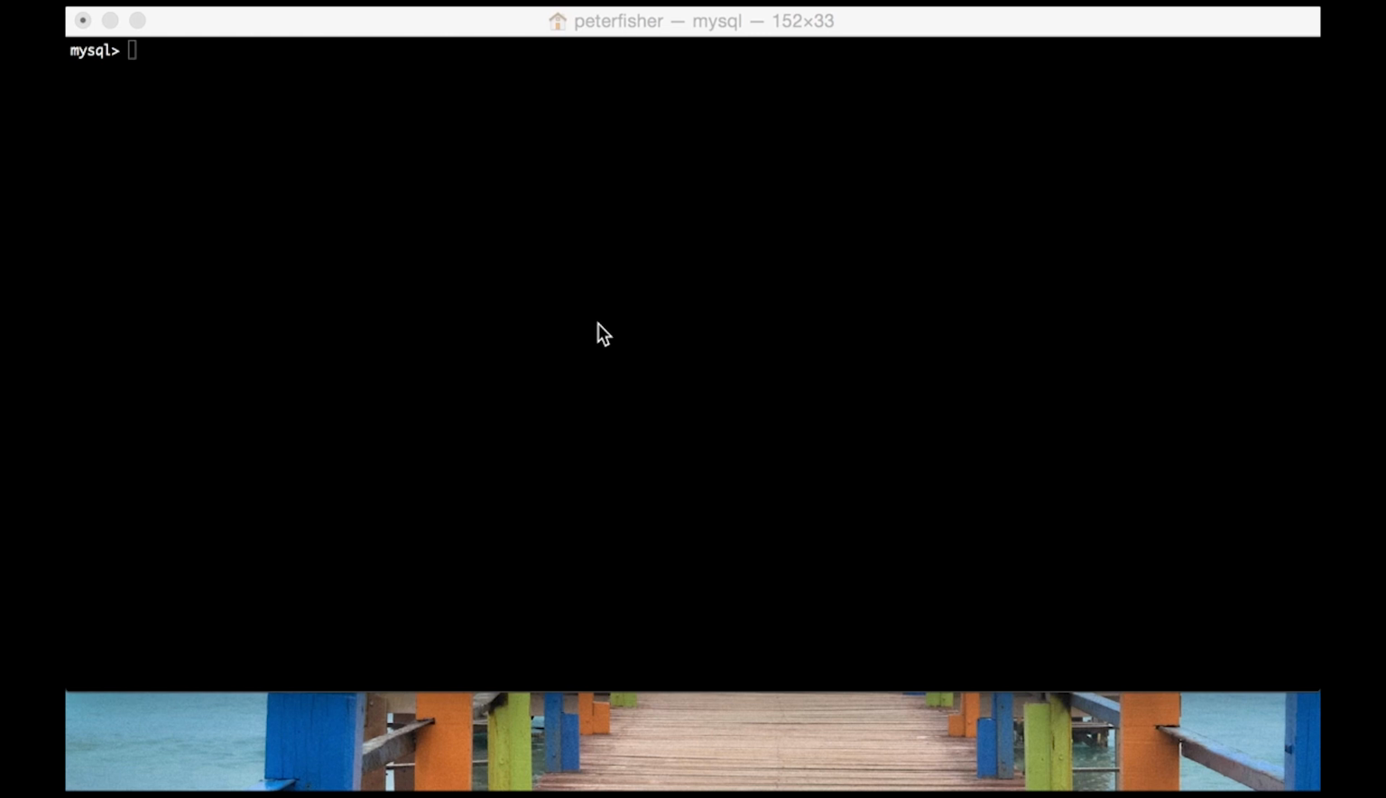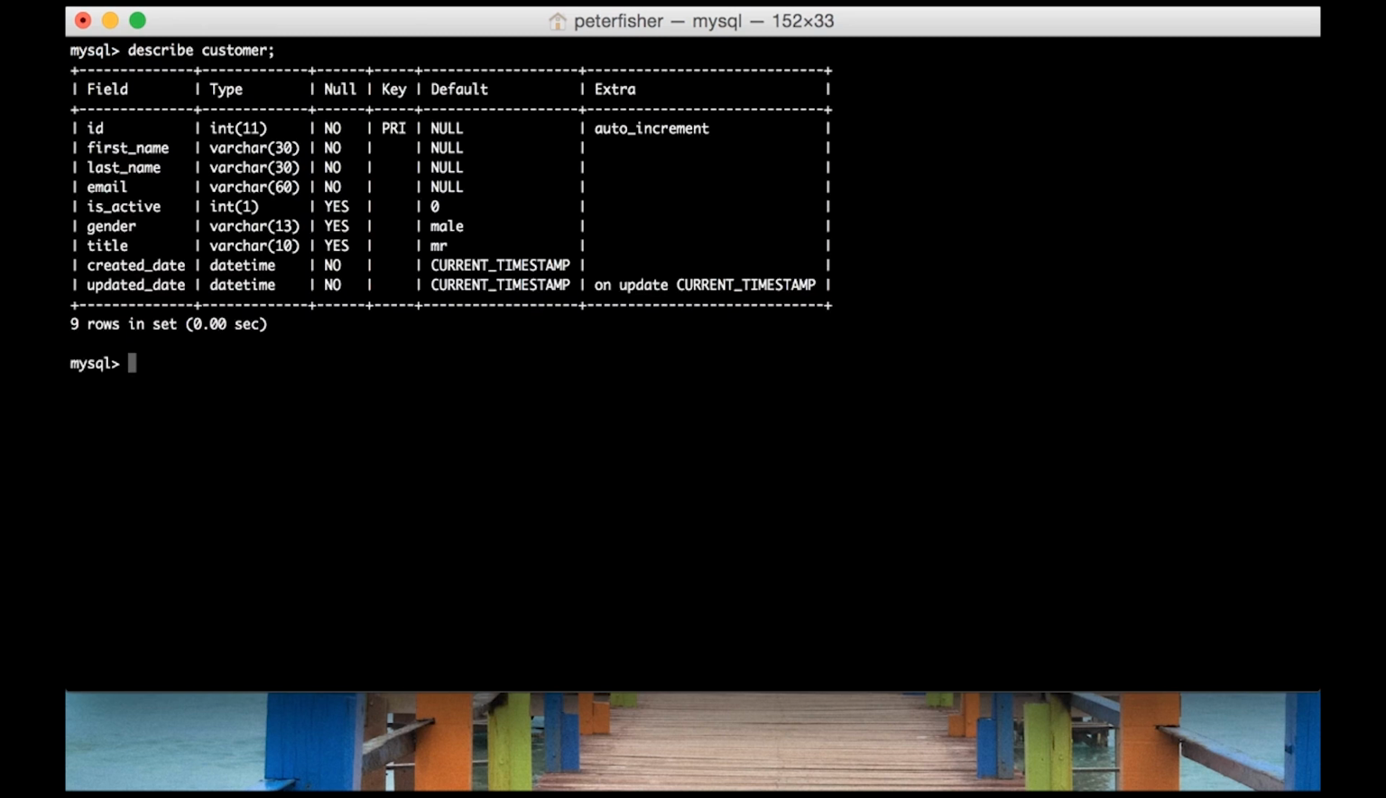Last week we looked at the upper and the ucase functions to capitalize strings. Today we're going to reverse that and look at the lower function to lowercase strings. So we're in MySQL Console right now, and as before, I will describe the customer table. So that's how the structure of the table looks, and I'll do a quick select all from customer to